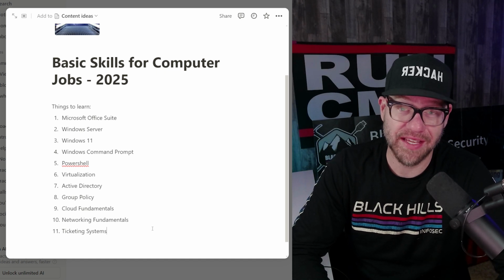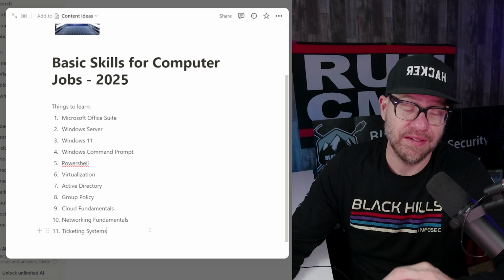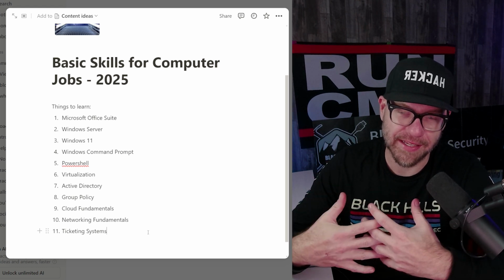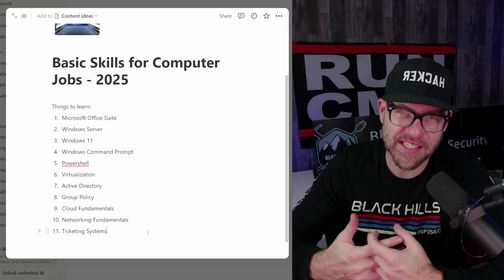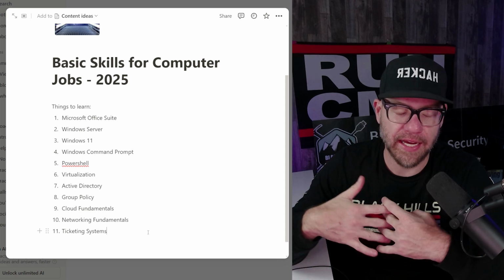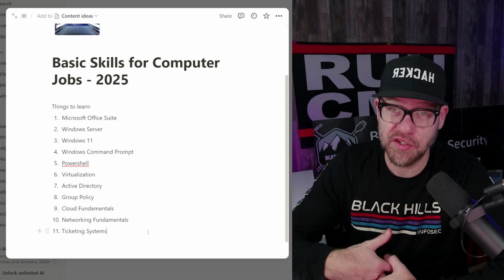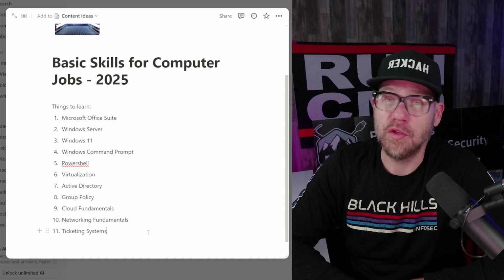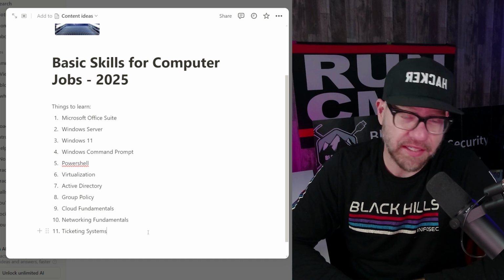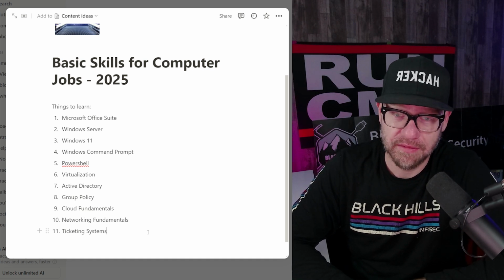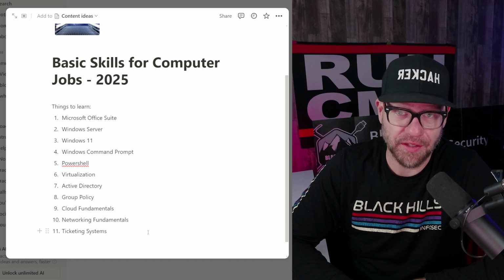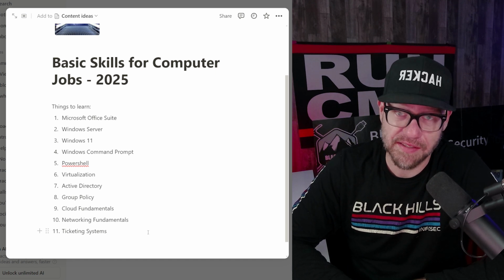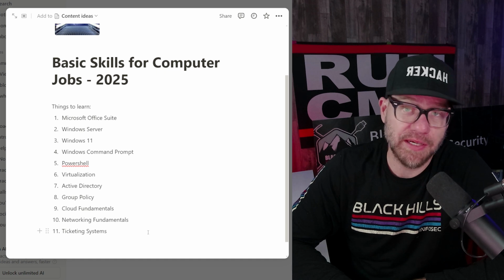I cannot stress that enough. Taking really good notes and ticketing systems go hand in hand, because when you make really good tickets, and you get a ticket assigned to you with really good notes and documentation that go along with it, you will be thanking yourself many years down the road. I promise you. And people in your environment will be thanking you, because a ticketing system is like a knowledge base for you.